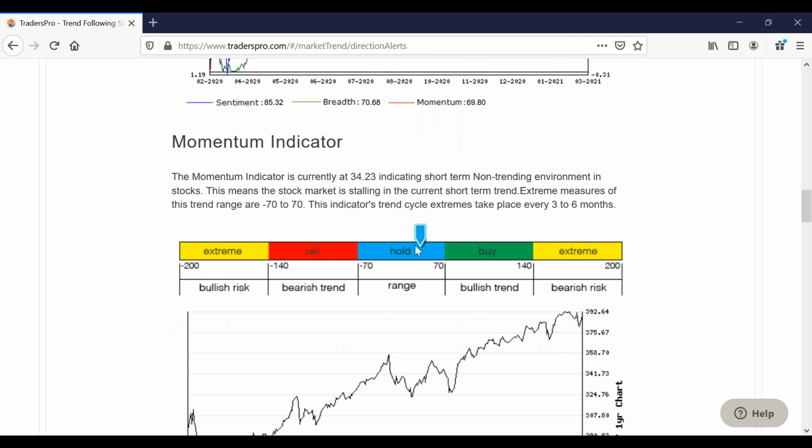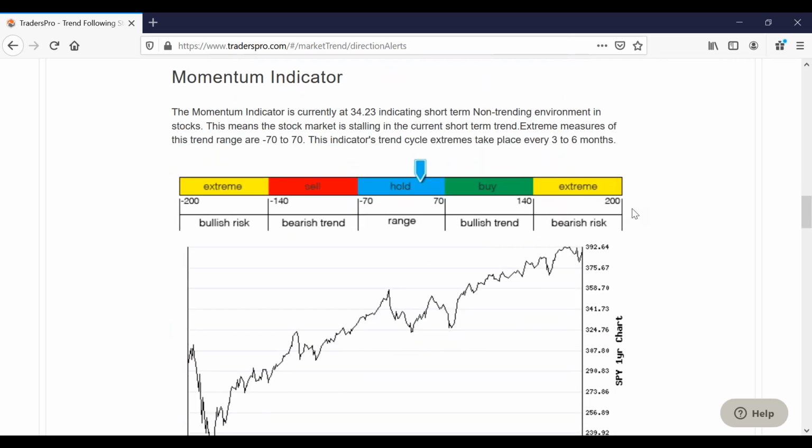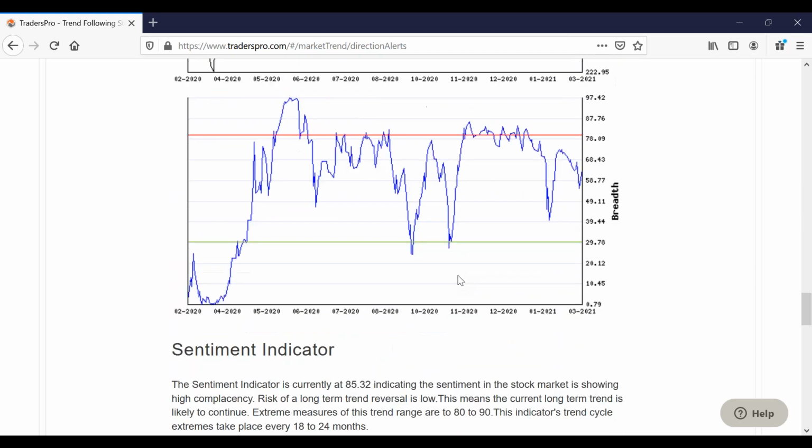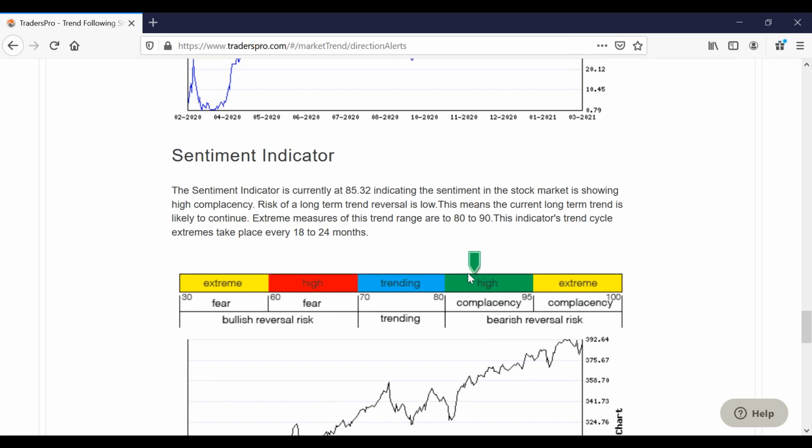Momentum is back in the hold range here off the sell-off late last week. It's actually moved up a little bit from the rally from yesterday. The breadth is kind of in the middle and trending. So we're definitely not in an overbought condition, and that's the thing that can make it difficult, is that we're not in an extreme overbought condition to where we can't go higher. It's just with valuations the way they are in many of these stocks, and like I said, it just feels like, and that's why I don't think we have a big correction coming.